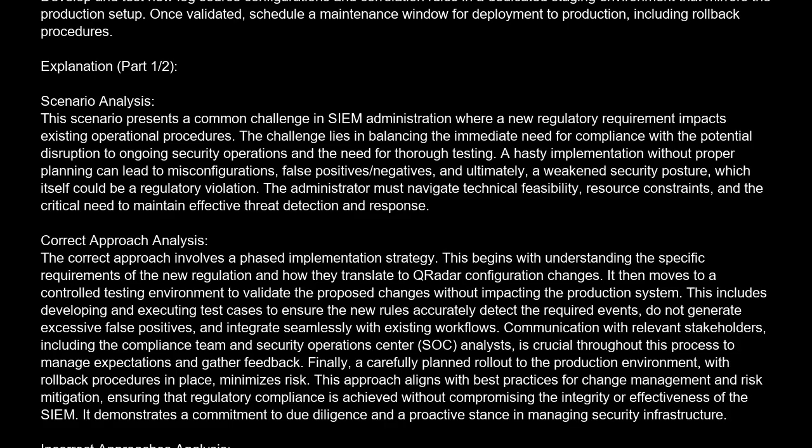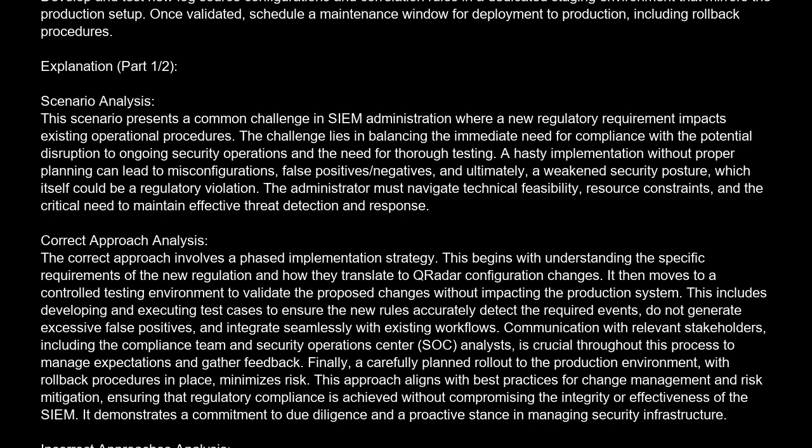The correct answer is D. Develop and test new log source configurations and correlation rules in a dedicated staging environment that mirrors the production setup. Once validated, schedule a maintenance window for deployment to production, including rollback procedures. Explanation: scenario analysis. This scenario presents a common challenge in SIEM administration where a new regulatory requirement impacts existing operational